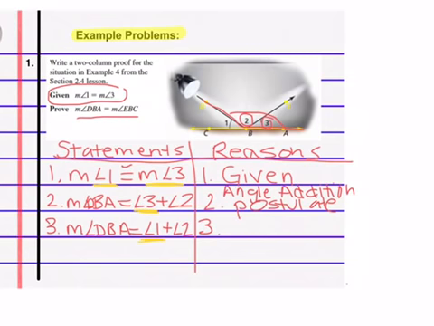So I know that I can use substitution to substitute angle 1 and angle 3 interchangeably because it was given to me that they're congruent. Okay, then next